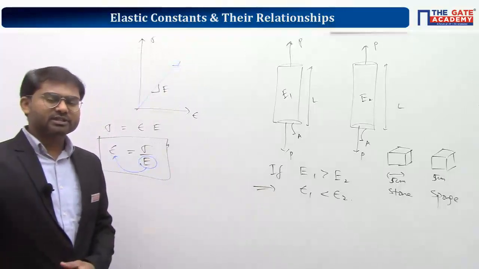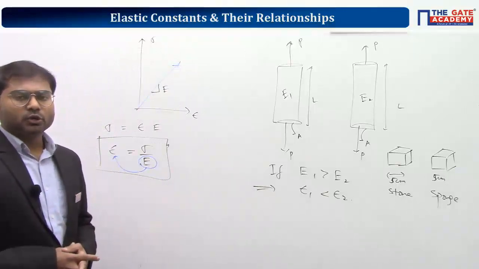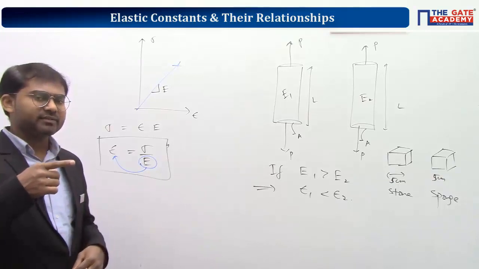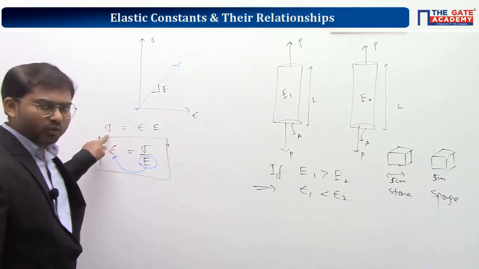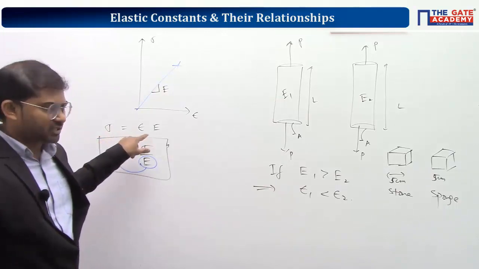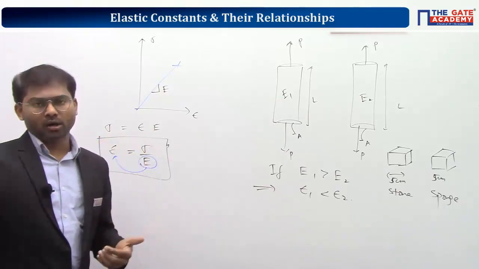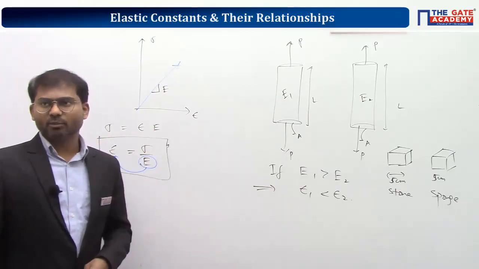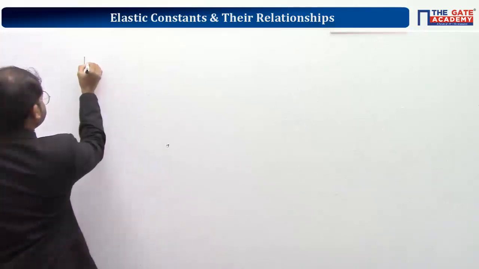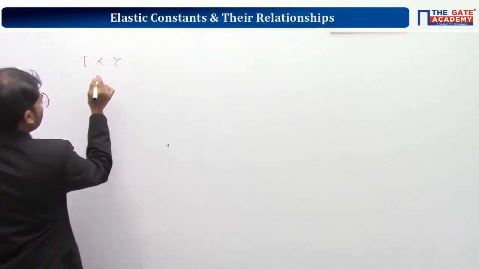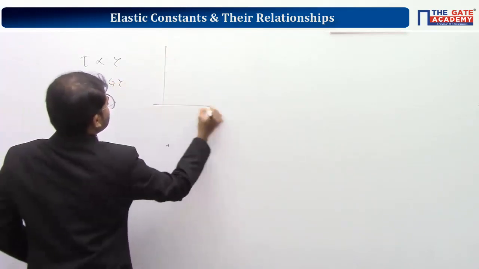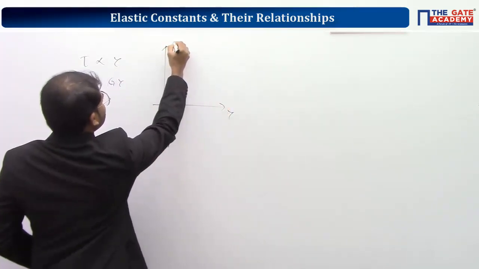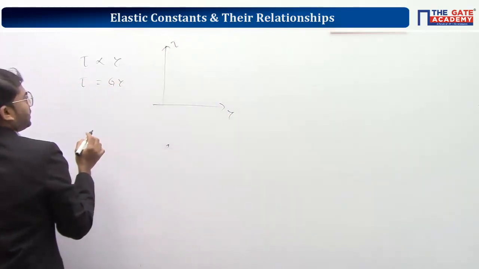Regarding modulus of rigidity, same explanation. The modulus of rigidity decides the value of shear strain. In the place of sigma, you'll have tau. So shear stress will give rise to shear strain, but that will depend on the value of rigidity modulus. Tau will be proportional to gamma, and the constant of proportionality is given as G. So this is gamma, this is G, this is tau.